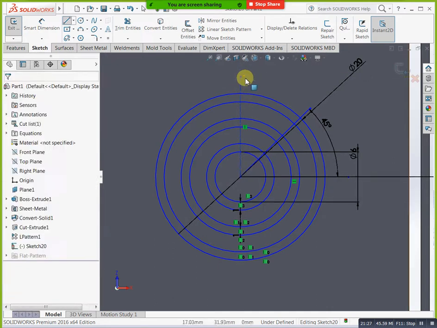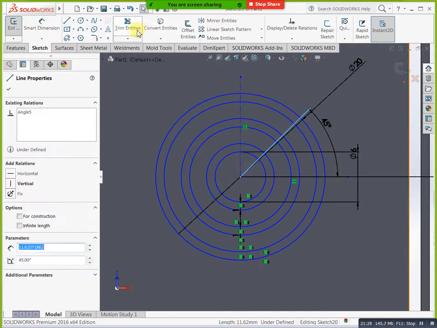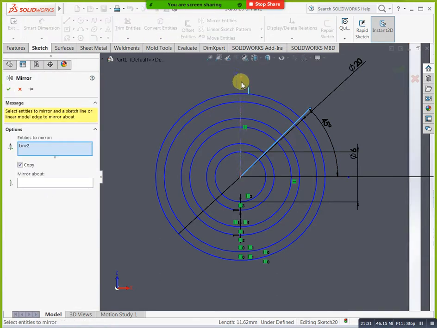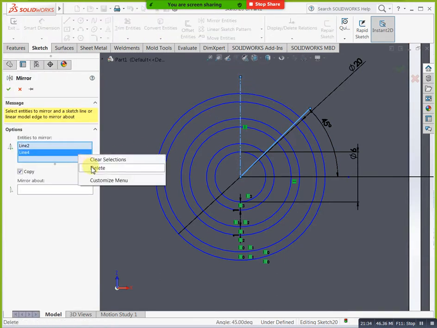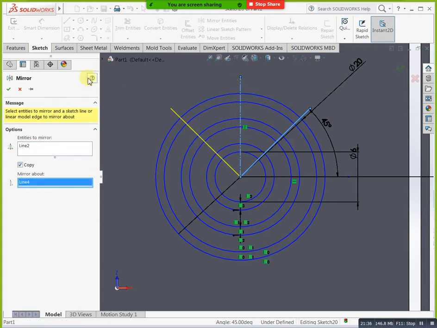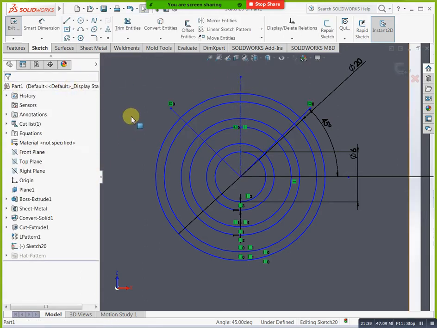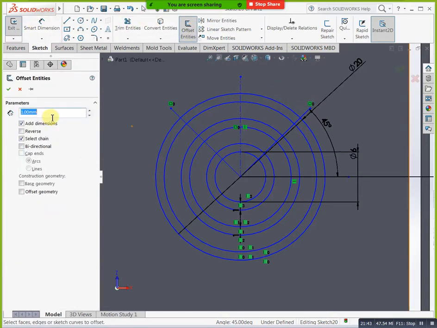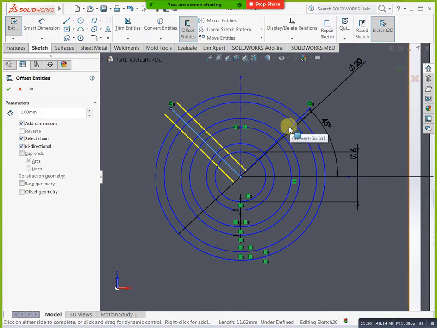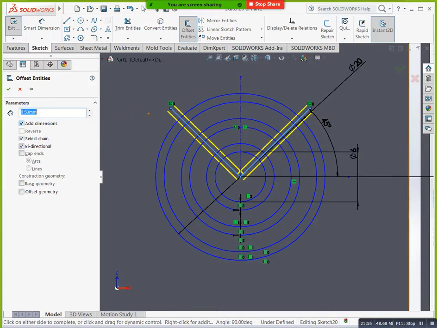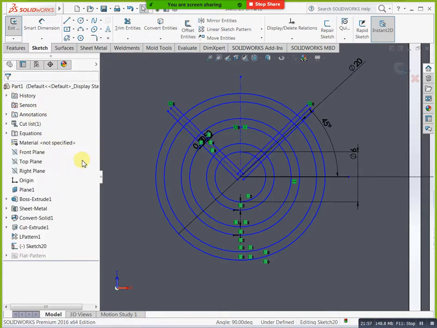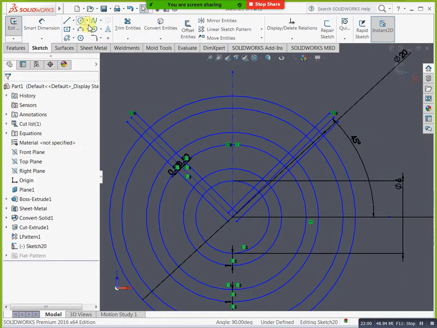Okay, now you can select trim entities. Here you can go remove this one, next this one. Now you can select this one, delete. You can select this one, delete.